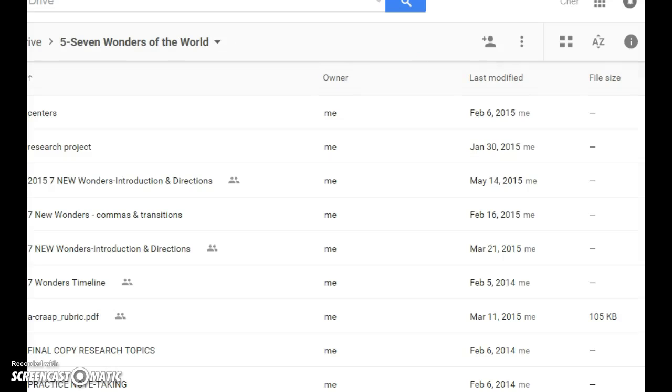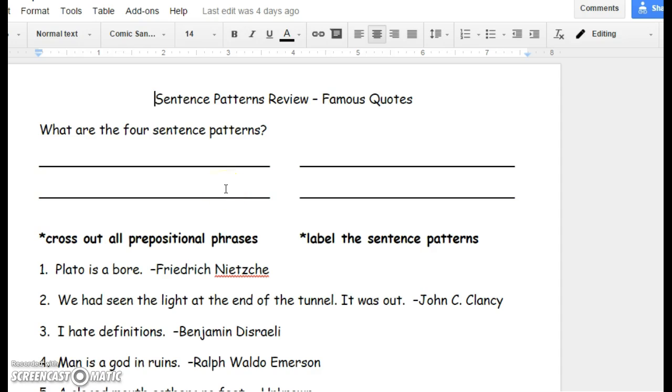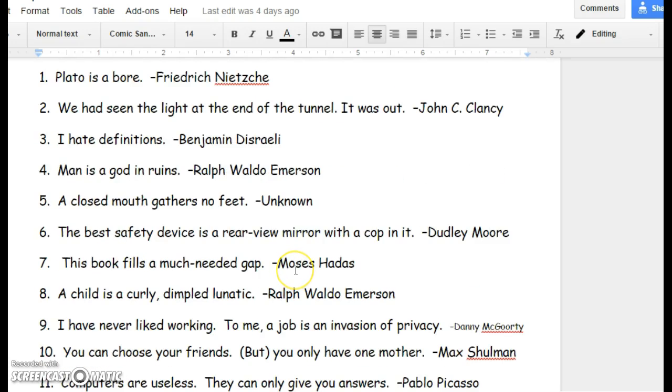But hold on, give me a second. In the next page of your interactive notebook, we glued this sentence patterns review using famous quotes. So you could take the time right now if you want to practice. Again, get your highlighter out to highlight, but you're really focusing just on finding the subject, the verb, and the complement. But I would do that in pencil because as we go through this and get more familiar with them, I don't expect you to get them all perfect right now. We want it to be something that you can fix.